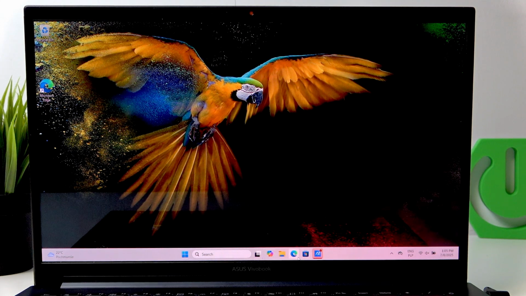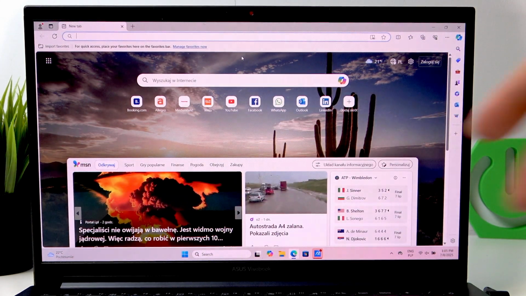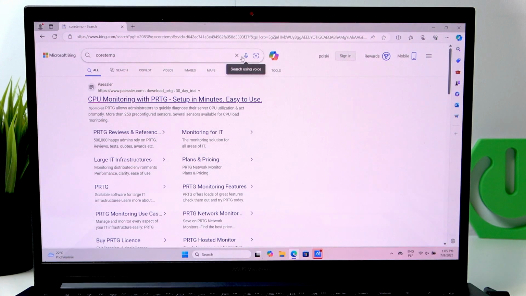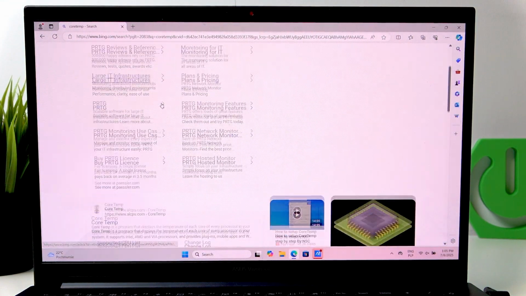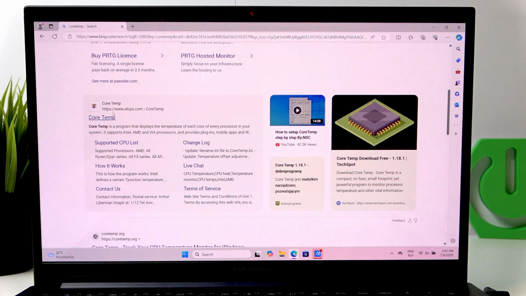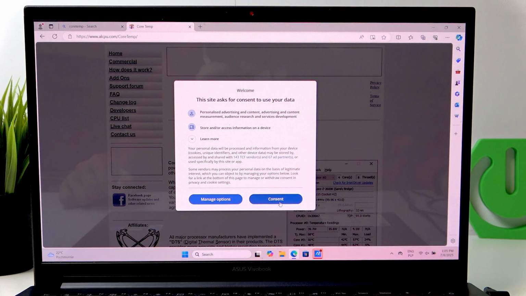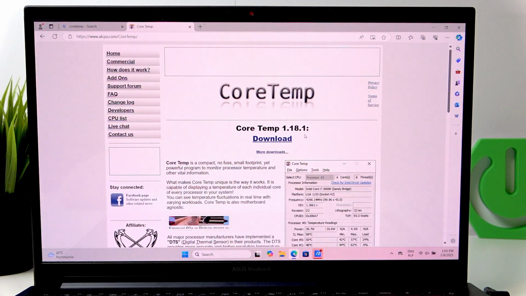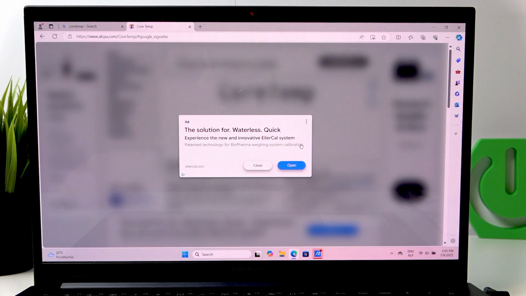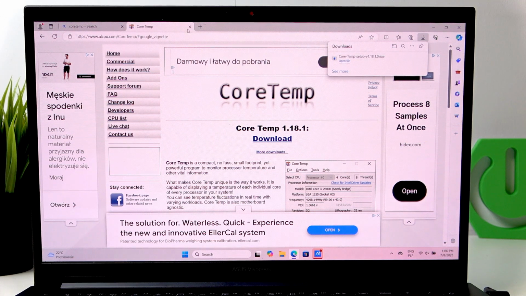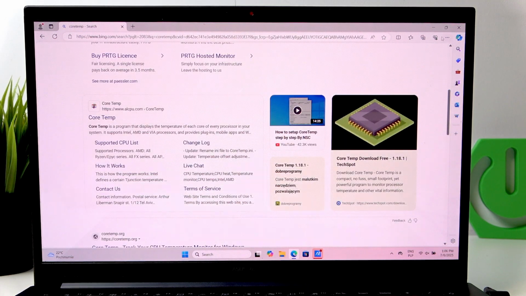So, open the browser and type in Core Temp and click Enter. Now find the Core Temp and open the link. The site asks for consent to use your data, so consent, then click download, close the ad, and the Core Temp is downloading. You can close this tab right now